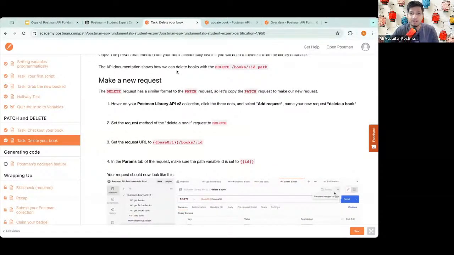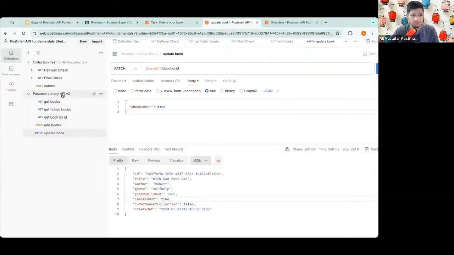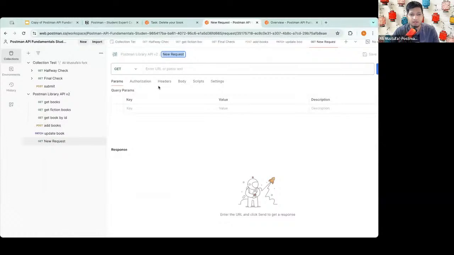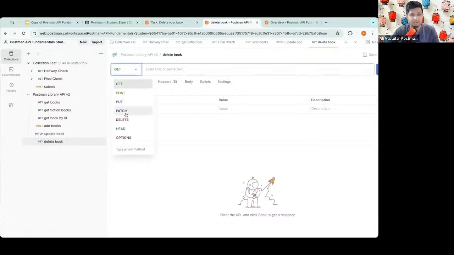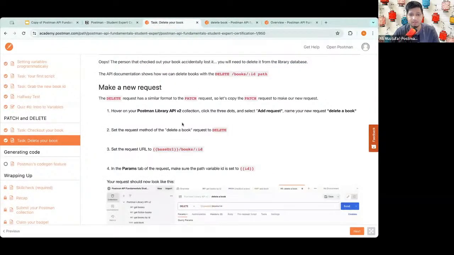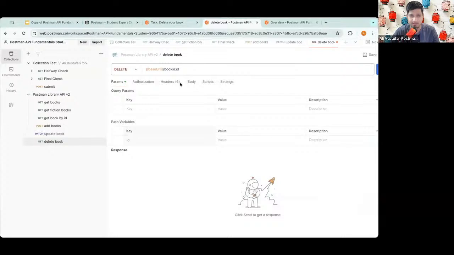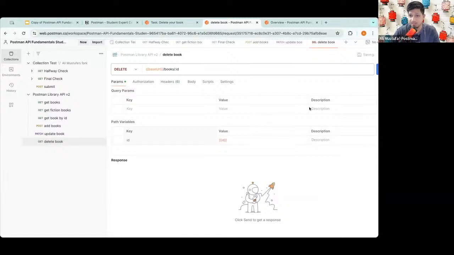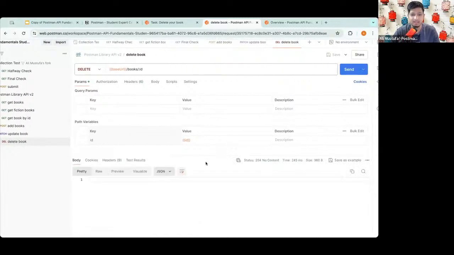Okay. Let's go ahead and add that for you folks. So under update book here, I'm going to click on these three dots and click on add request. Now I'm going to name it obviously delete book. And then the method is going to be the DELETE method. And the URL is exactly like this, but if you want, you can copy paste it from here. But I obviously know it, so I'm going to add it here. And then I need to delete this book. So let's go ahead and add the ID variable. Save it and then send it, and then it will delete the book.